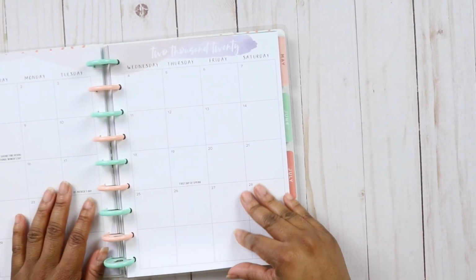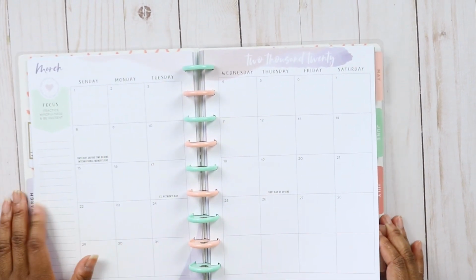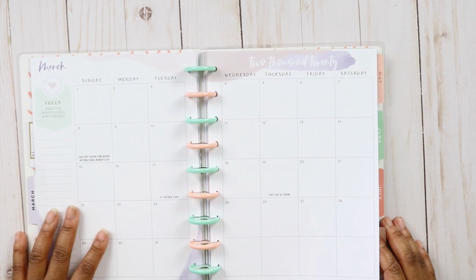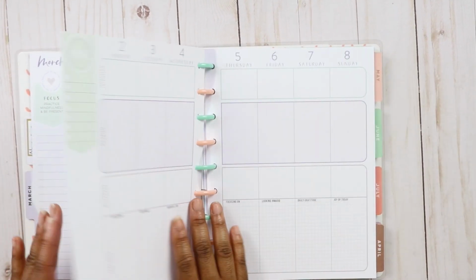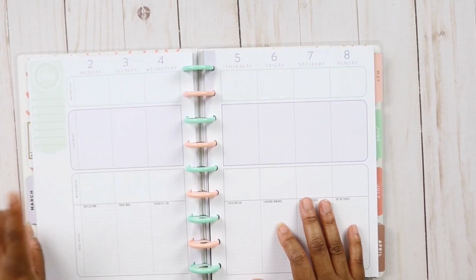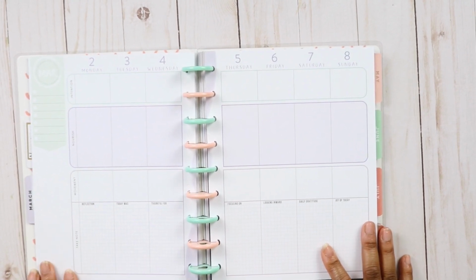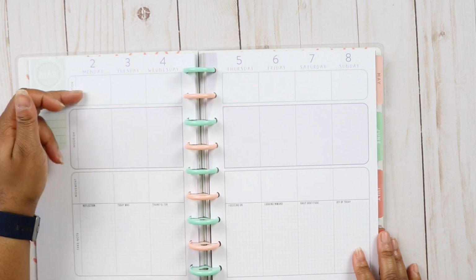And I love how this wellness planner is set up. It's a cross between the Healthy Hero and the Fitness. So it has intention, nourish, movement, take note. How I plan on using this is I plan on putting